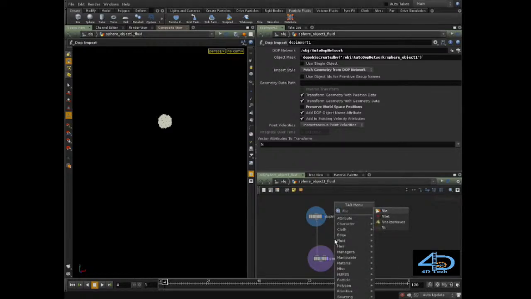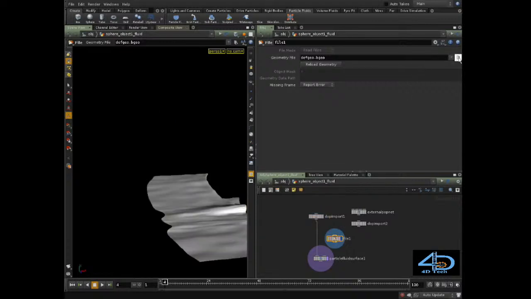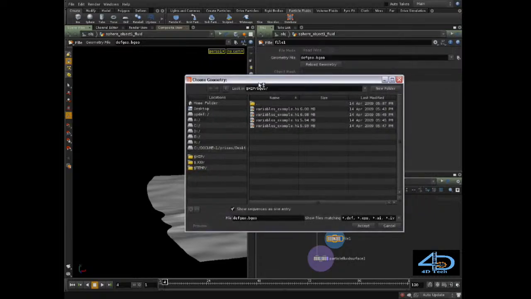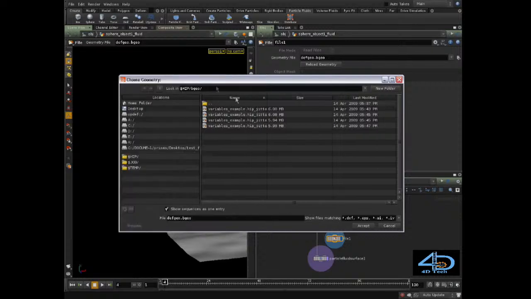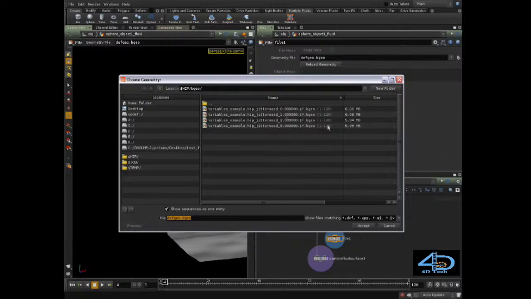So we can put down a tab and put down a file node. And if we've done some demos in the past and ended up overwriting the default geometry file, it looks like that. But anyway, if we come in here, we can choose geometry, and it's by default going to come back into this $hip/bgo because that's the last folder we were in. And you can see that we've got this stuff written out to disk. You can show sequences as one entry, and it'll show you each individual file that we've written out. But generally, you're probably going to want to have this show sequences as one entry. So we can select this